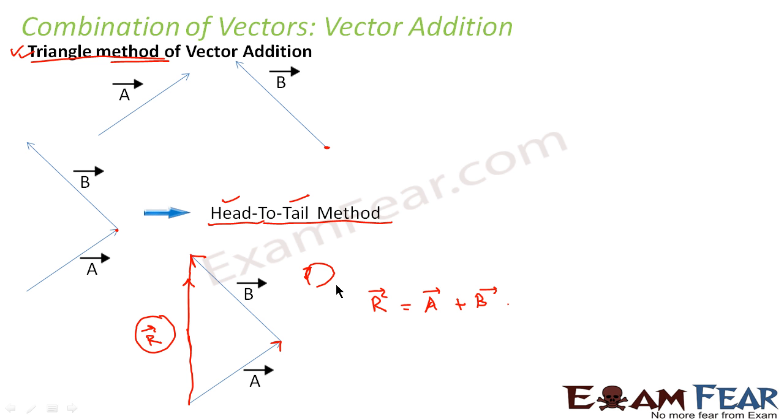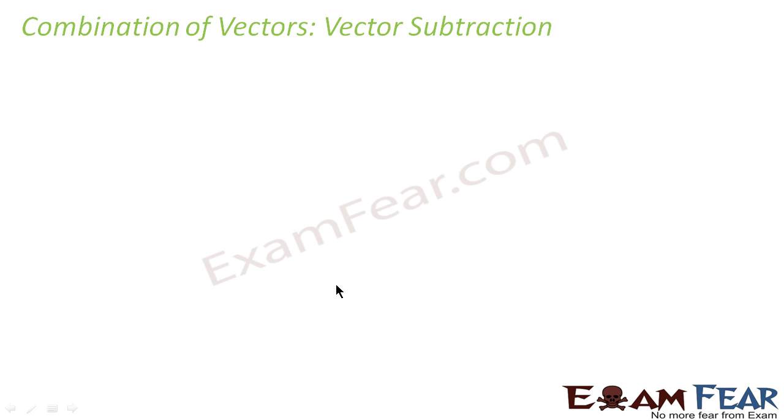So these are the very basic things for vectors. When we proceed further, we will, based on these only, proceed to the advanced topics. Now let us go ahead and look at vector subtraction. For vector subtraction also, we will apply the same concept with a slight change. Let us look at that.